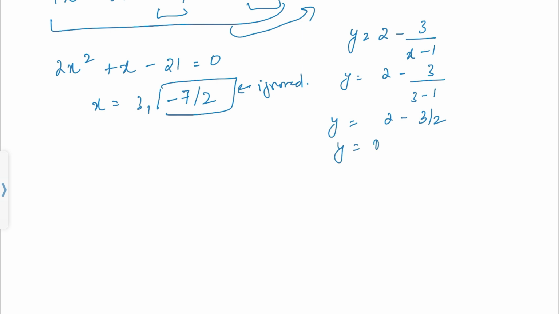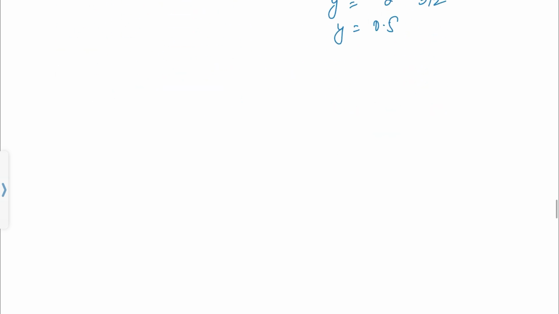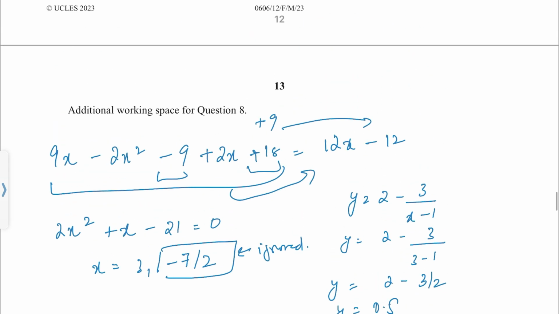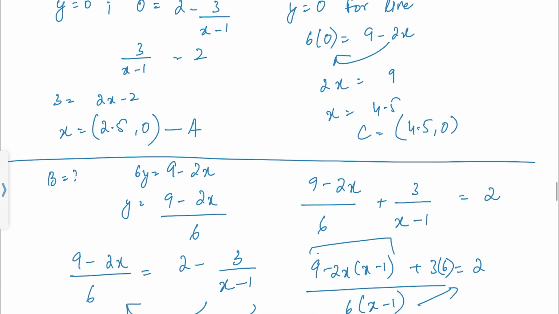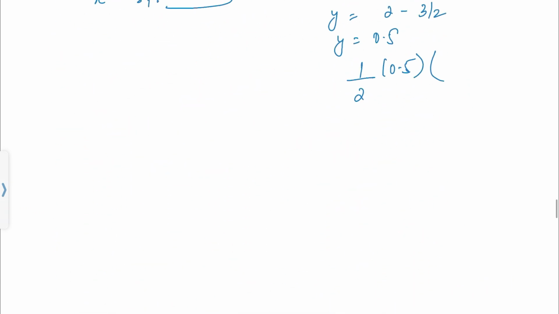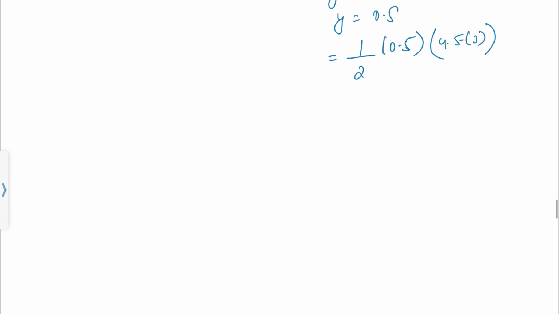This would be 0.5, I guess. So our height would be 0.5, 1 over 2, 0.5 multiplied by this space would be 3, and C was ours 4.5. So this would be 4.5 minus 3. So this would be our triangle's area. This would be 0.375, and